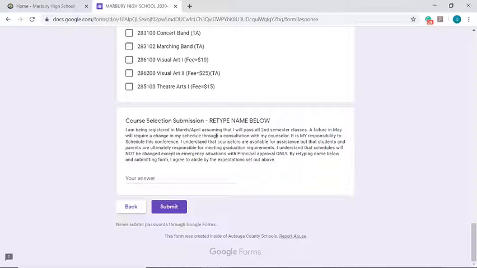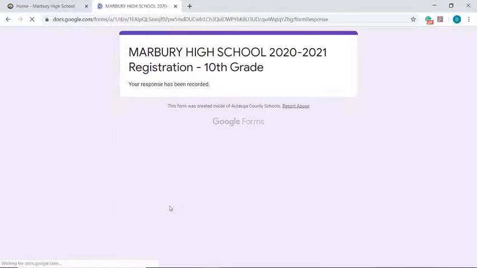You can read the requirements at the bottom of the page. And once you've done that, make sure you continue to type your name at the bottom exactly as written on the front page. And it just agrees that by submitting this form, you are registering for classes for the next calendar year. Once you've completed that, please hit the submit button, and it will show you that your response has been recorded